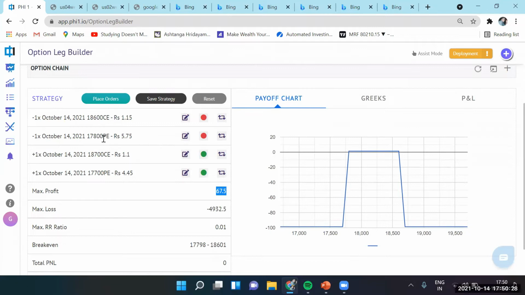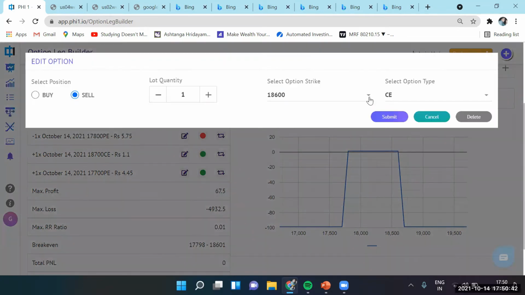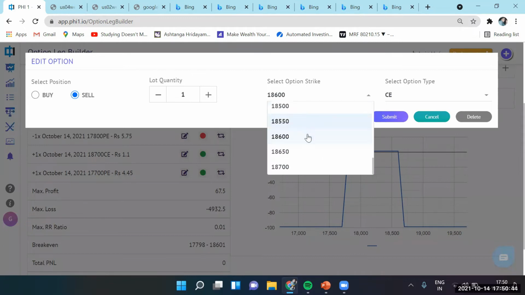Now we can modify it to vary our exposure. Let's modify it. So in this case, from 18200 we were selling 18600. Let's say I want to modify it. I can modify my lot size also, and in this case I'll go slightly close. This is a call option. So 18200. Let's say I sell 18. This is 18600.